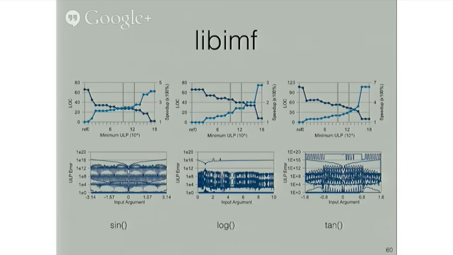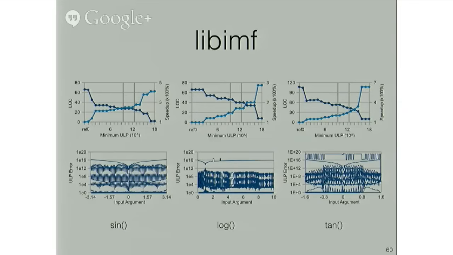And a vertical slice through any one of these curves corresponds to the optimization that was obtained for a different user-specified maximum ULP error. So from all the way on the left here, 0 ULP error, meaning give me a rewrite which is bitwise equivalent to the target code that I'm giving you, to all the way on the right, which is 2 to the 64 bits of ULP error, which says, I don't care what you give me, I'm going to give you back return 0 because it's all the same. So, of course, the performance is through the roof, all the way on the right.